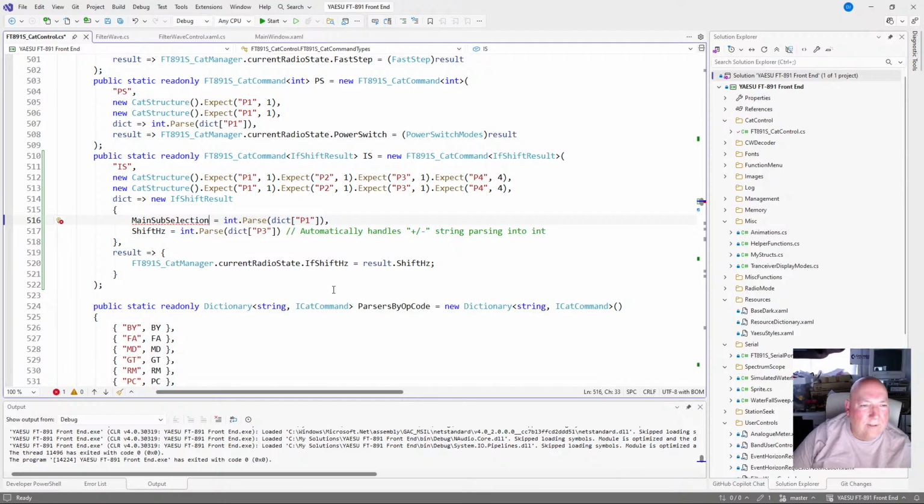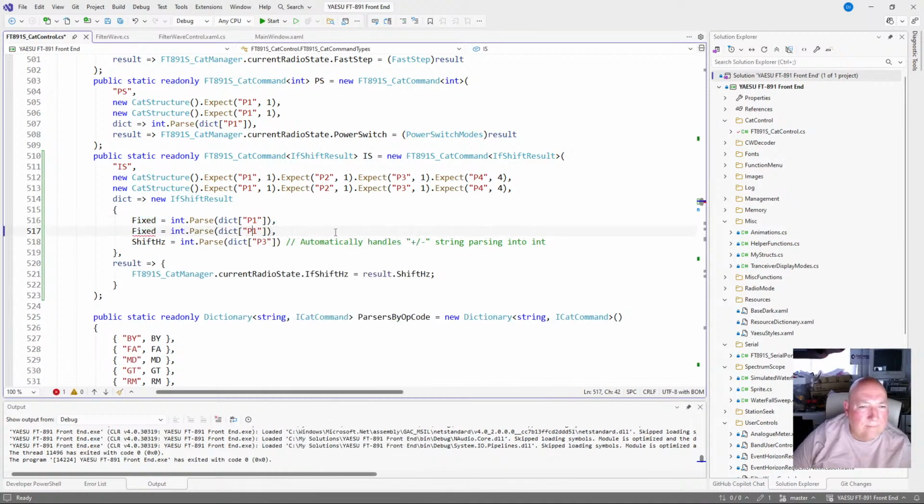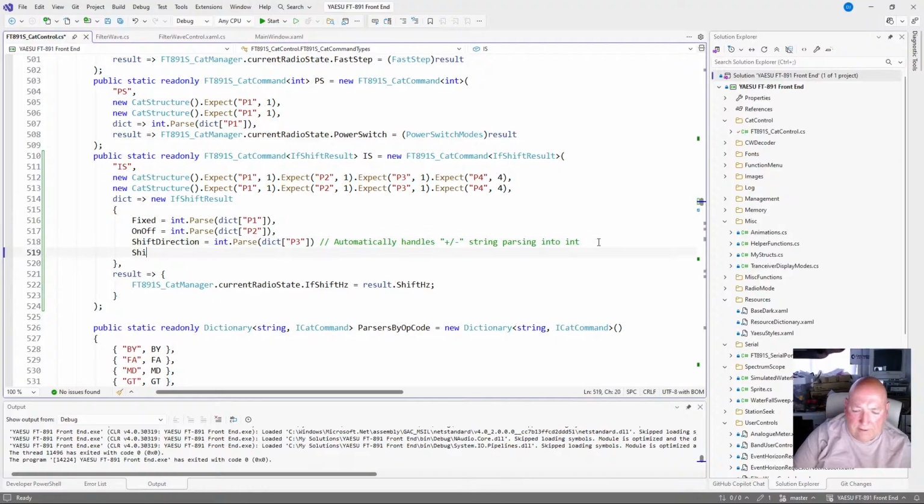Anyway, so we want to make P1 will be fixed. Fixed. We want another one for P2, which will be fixed too. No, it won't. It will be on off. P3 is not the shift frequency. It is that. So it's not shift hertz, it's the shift direction. And then we want the shift